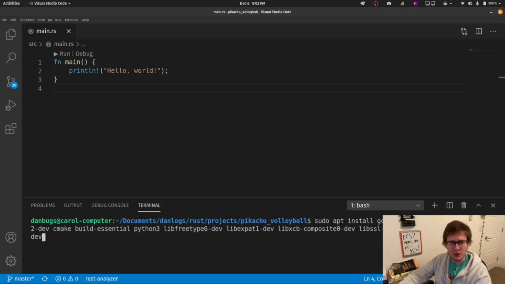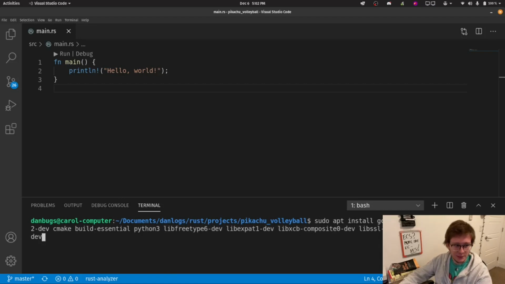As far as I know, if you are on Windows or OS X, you don't have to install any system dependencies whatsoever. But regardless, I'll leave a link in the description where you can read more about setup and all that fun stuff. For your convenience, all the system dependencies installation commands listed here will be in the description.